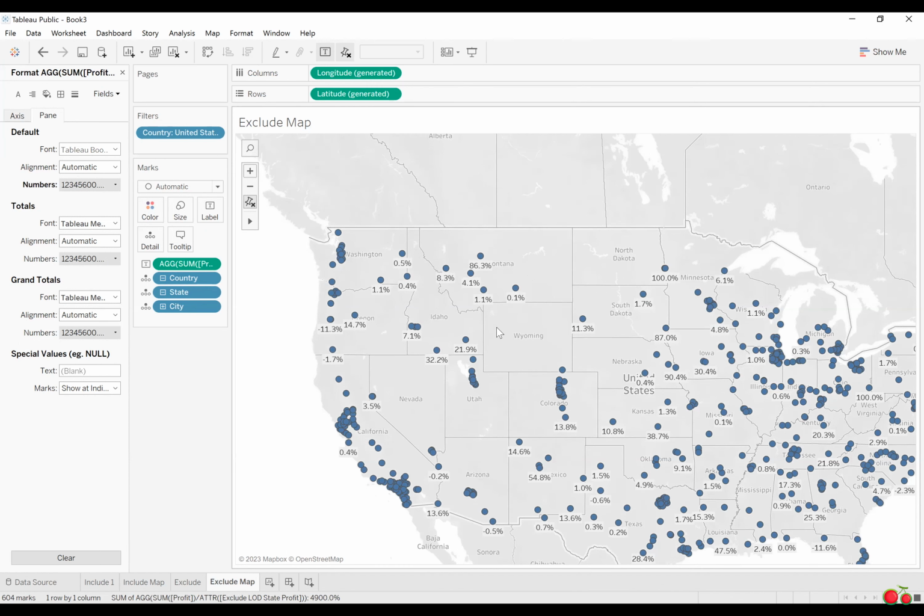So we got attribute here. Let me just reset those. Okay, so if I drag something like city, we're at the state level here, right? I'm not talking about the calculation, I'm just talking about the visualization itself. So we have the state at that level. If I drag city into detail, it changes the granularity to that, correct? However, if I zoom back out, and let's say I take city and I drag it into the tooltip,